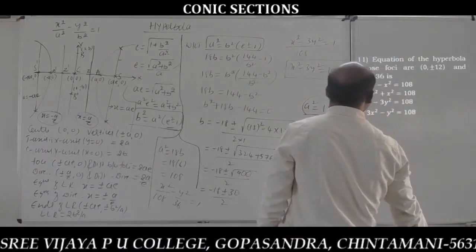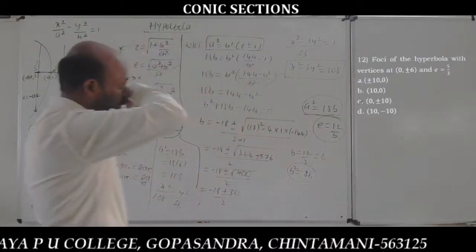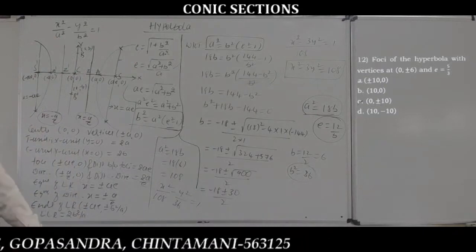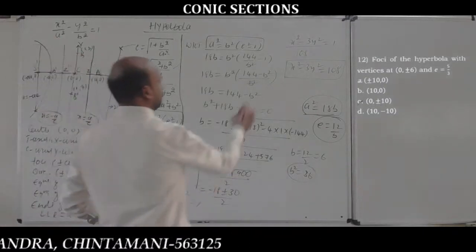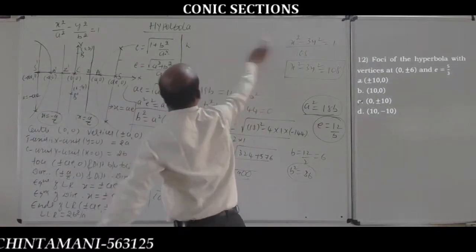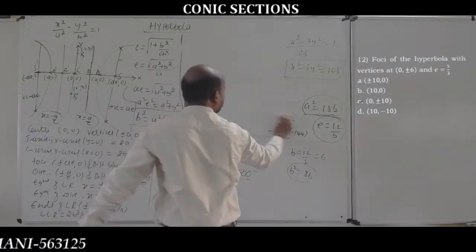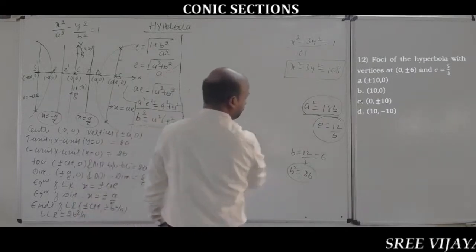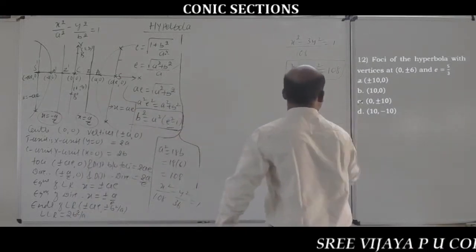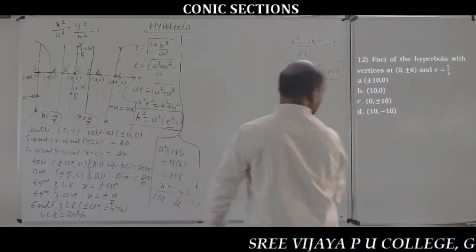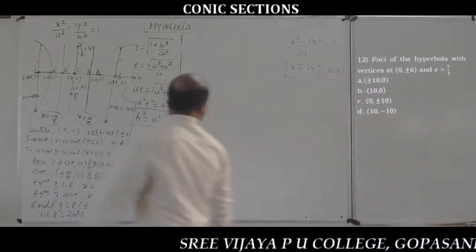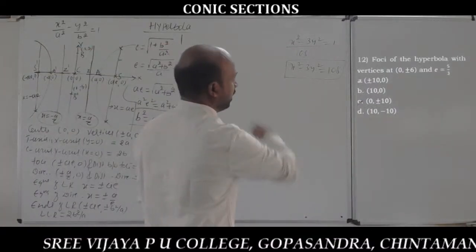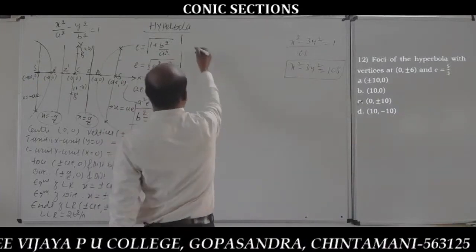Move to the next one. Foci of the hyperbola with vertices at 0 comma plus or minus 6 and eccentricity 5/3. We have to find the coordinates of the foci of the hyperbola. Given the vertices,